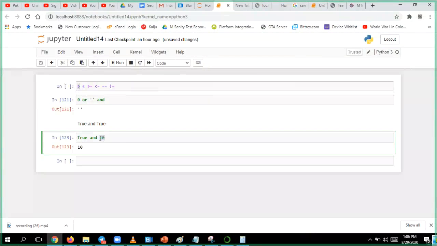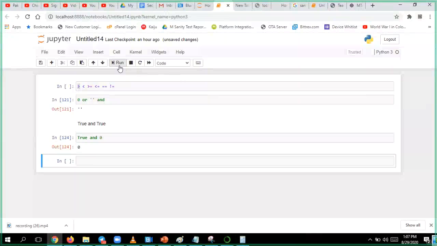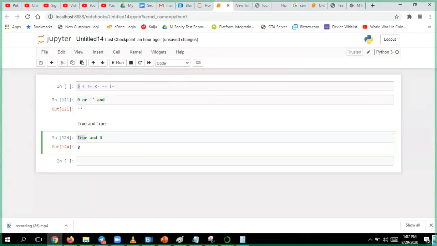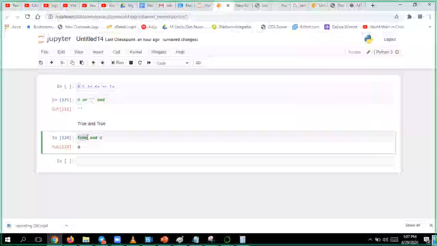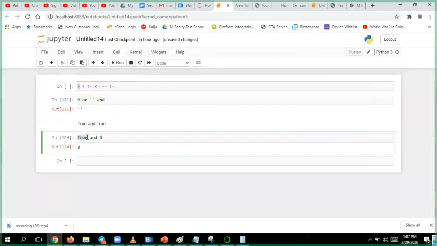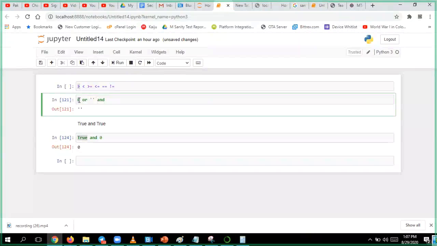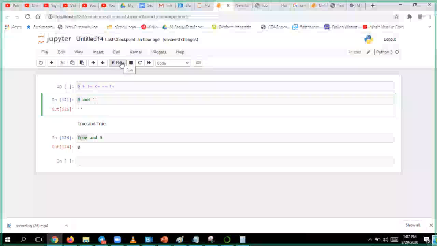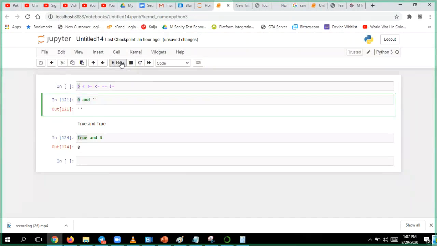Every time, if anything is there, see, it is 0 I am giving. So it will give 0. If x is false, then only it will return false. That's why I'm telling, if x is false, 0 and empty string, during the AND operator, it will give you the x.